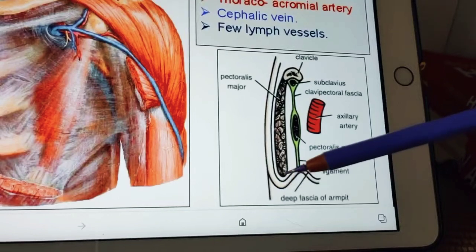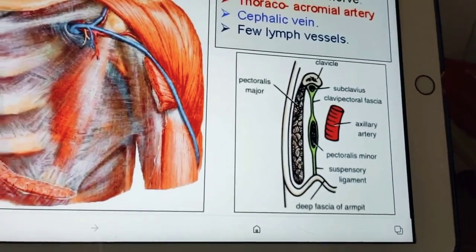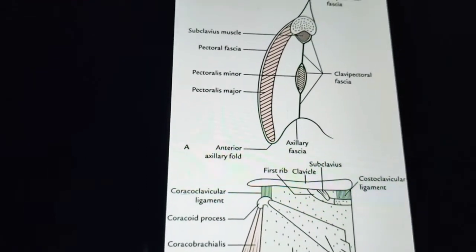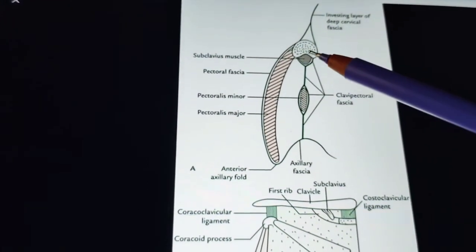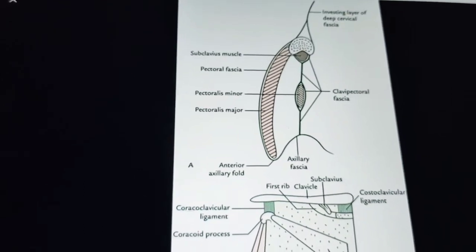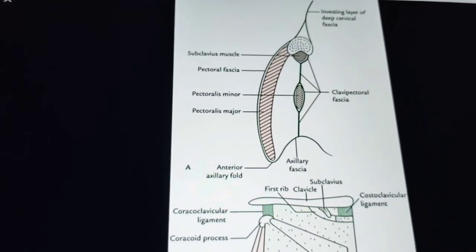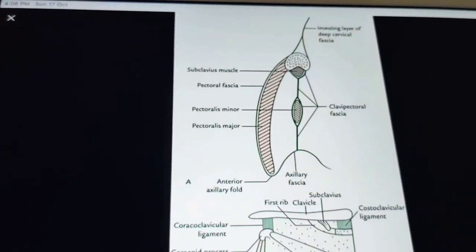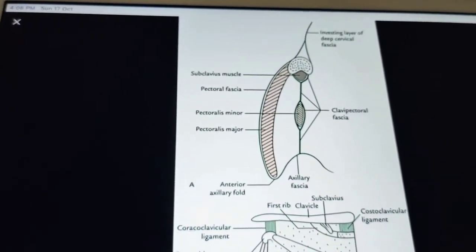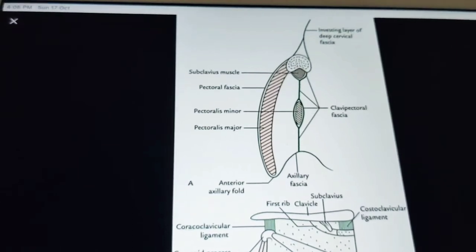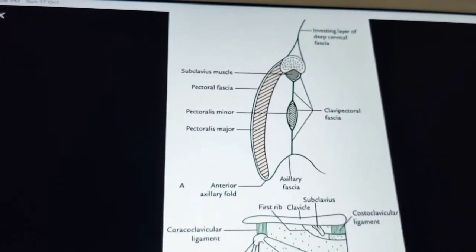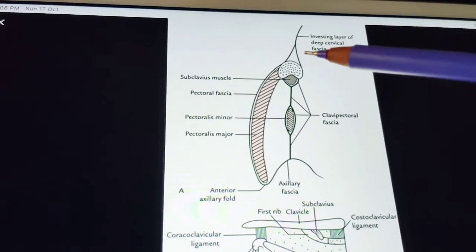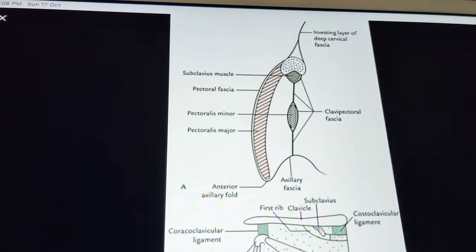So actually here will be the axillary fascia. You can see this diagram is perfect. Here you see below, this one is the axillary fascia. So above you have the clavicle, this one is clavicle. So below you have the axillary fascia. And its upper part splits to enclose the subclavius muscle. Yeah, you can see the subclavius muscle, right? And the posterior lamina is fused to investing layer of deep cervical fascia. You can see here, investing layer of deep cervical fascia. It's connecting to the, you can see here, the posterior lamina, right?